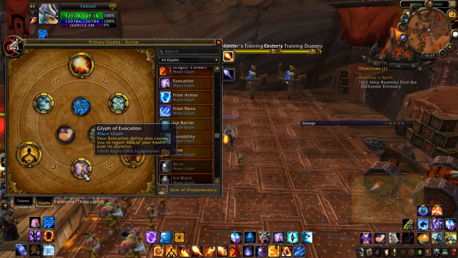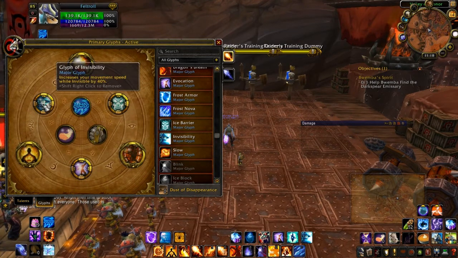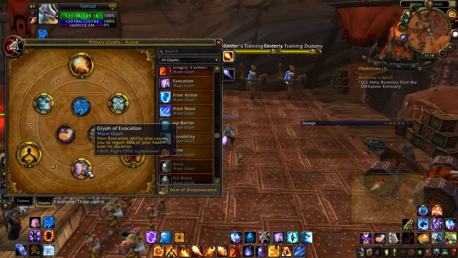These two are pretty much good to go. I mean, you really don't need any other ones other than Glyph of Invisibility, which just increases your movement speed when you're invisible. And then the Glyph of Vivification, though, is actually pretty much a mandatory one. It's a very good choice, just because of the fact that